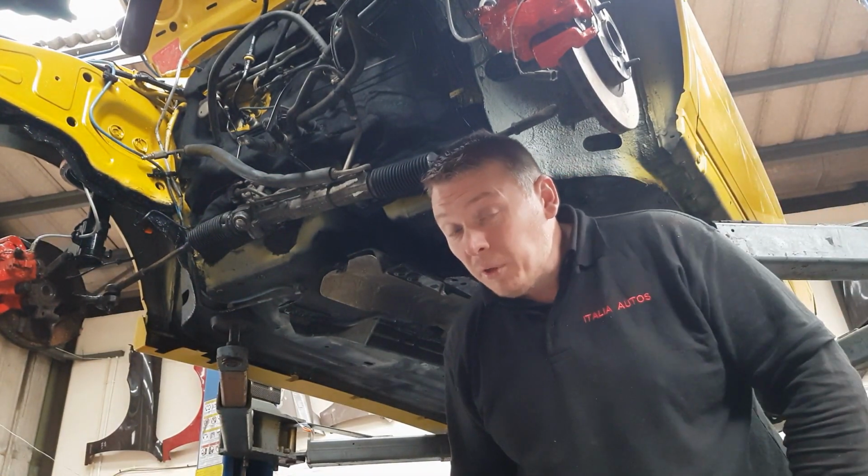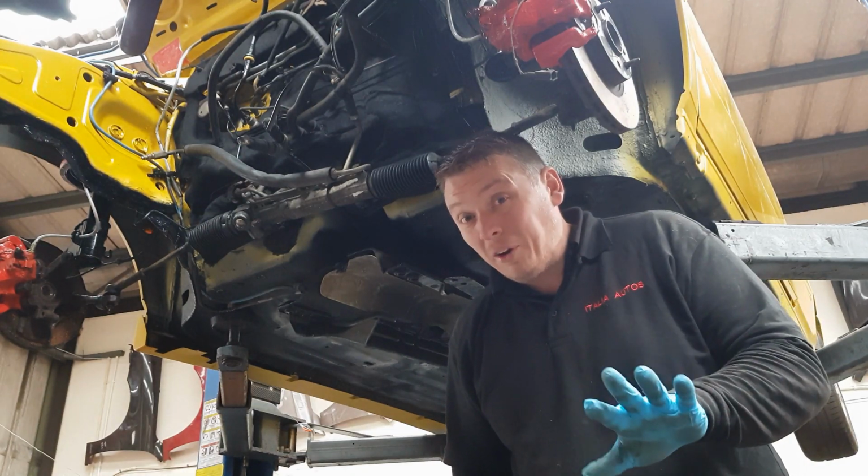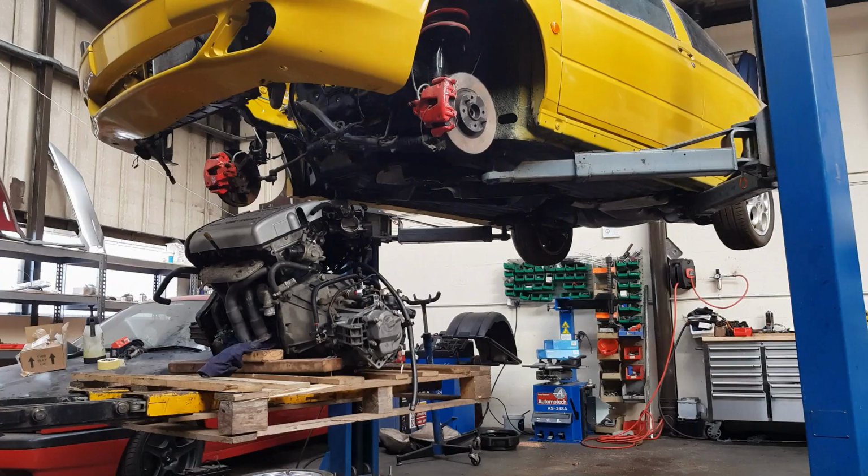There you go, subframe's removed. How easy is that? You can't tell it's only been on and off a few times over the past year. What I've done now is I've just lined up the engine roughly with the mounting points using the forklift, because